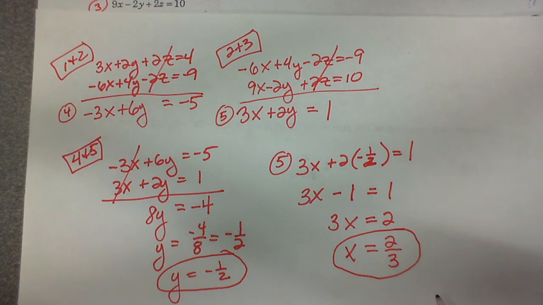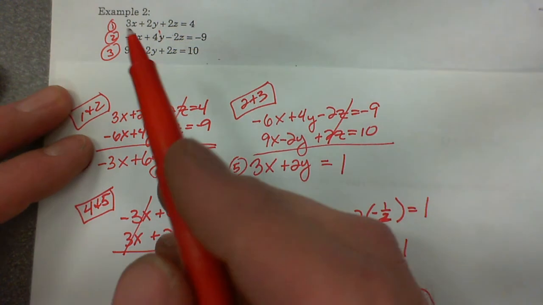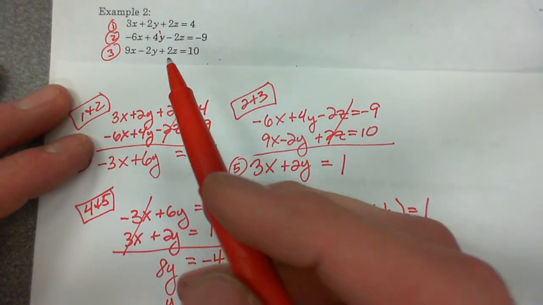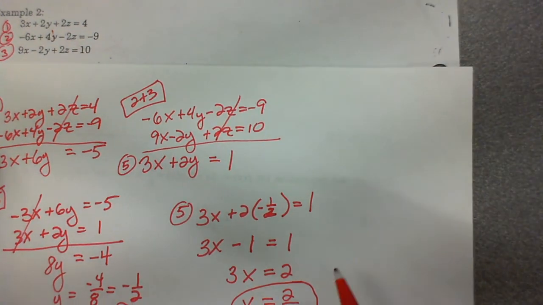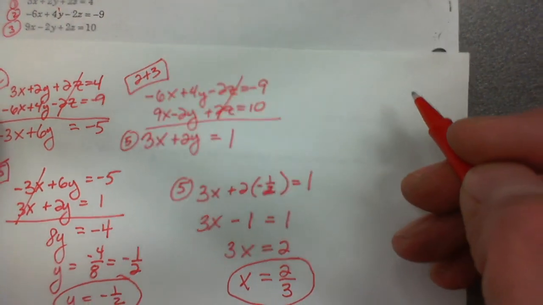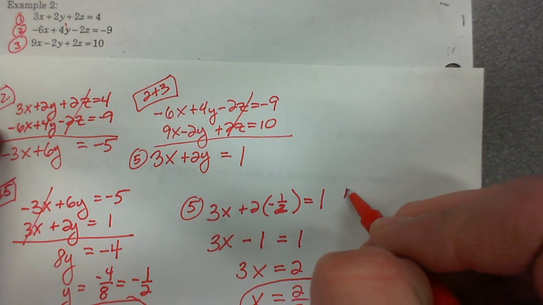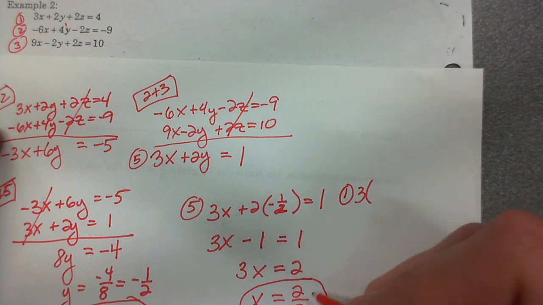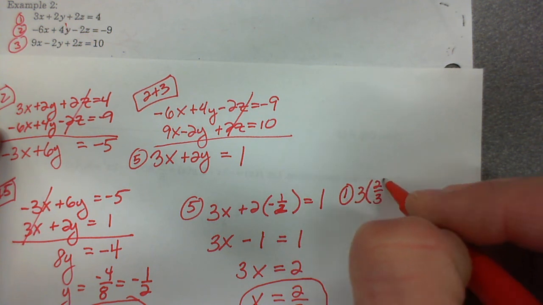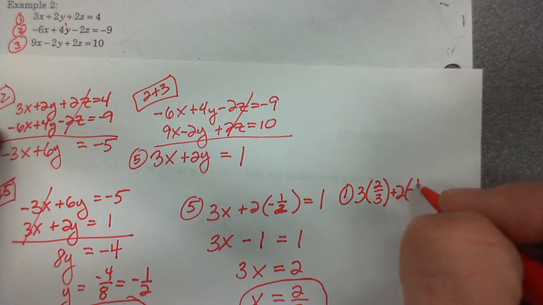And now we just need to find our last variable, and we can find our last variable by plugging into one of the original 3 equations. And we can pick any one we want. That first one was probably the easiest one to plug into. So let's go ahead and plug into that first equation, if I can keep that in the window here. So equation 1, this is 3 times x, and x is 2/3, plus 2 times y, and y is negative 1/2,